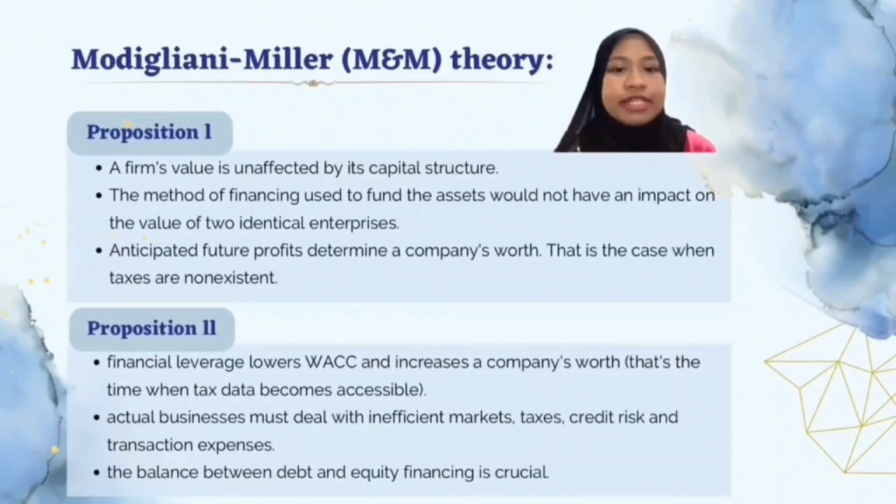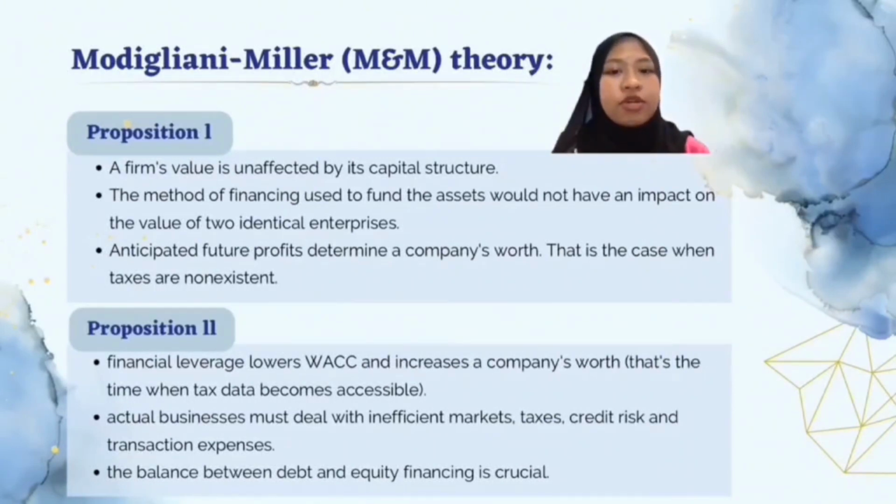Next to be explained is the theory on optimal capital structure, which is the Modigliani-Miller (M&M) theory. According to this theory, a company's capital structure is irrelevant in ideal markets, as a company's market value is established by its earning potential and the risk of its underlying assets. Value, in the opinion of Modigliani and Miller, is unaffected by a company's investment and mode of financing.